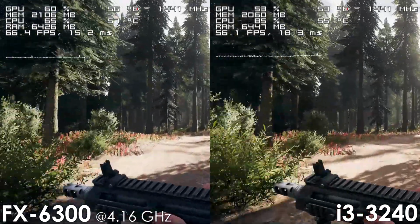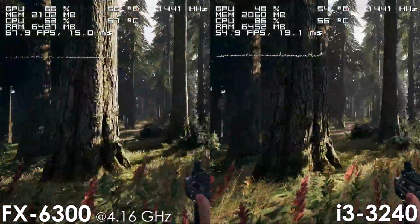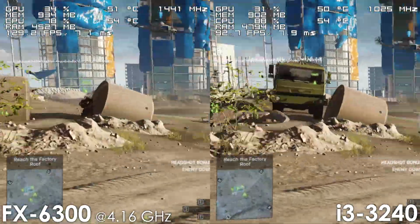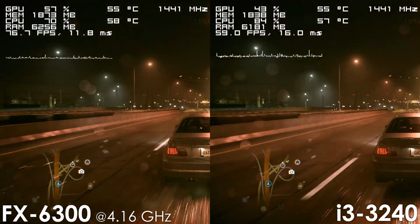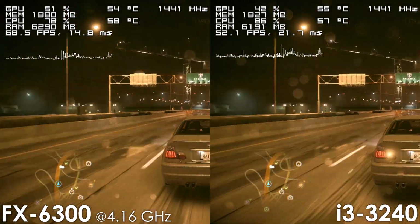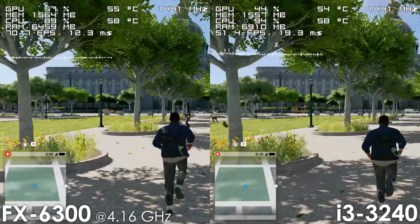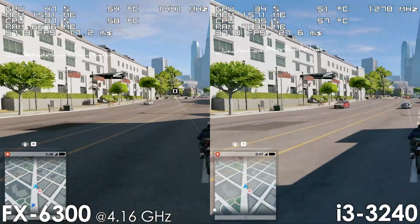When it comes to gaming, the FX-6300 now unsurprisingly pulls ahead even further than it did at stock, making already playable games even more playable. In Battlefield 4, the FX processor is now outperforming the i3 by around 30 frames. In Need for Speed, the overclocked FX processor almost never dips below 60 frames, unlike the i3 that has a hard time staying above 50 FPS. And finally, in Watch Dogs 2, we're just a couple hundred megahertz behind from breaking the 60 FPS barrier,